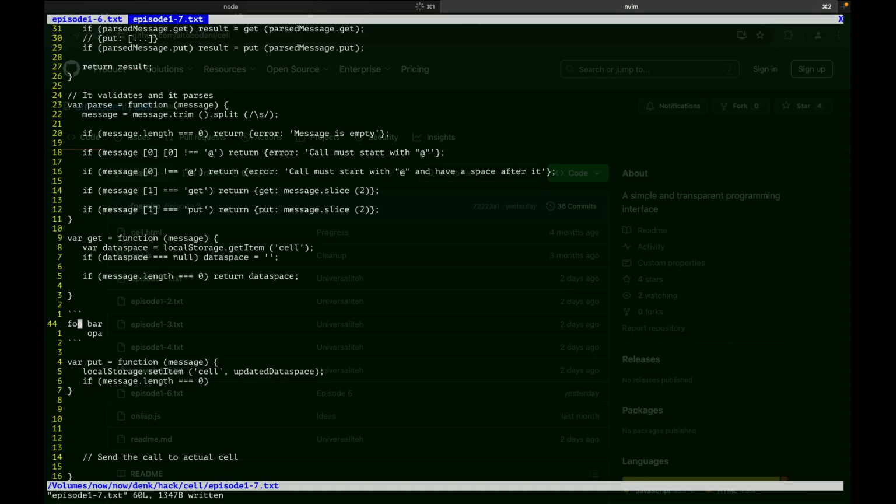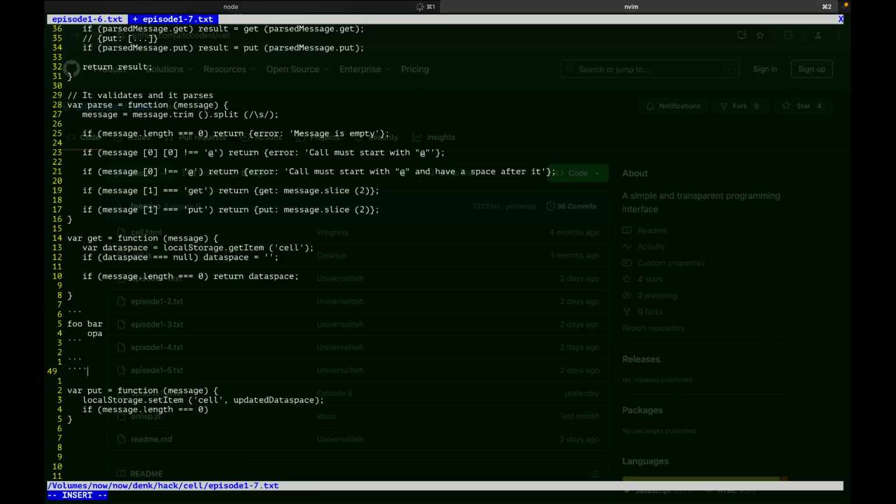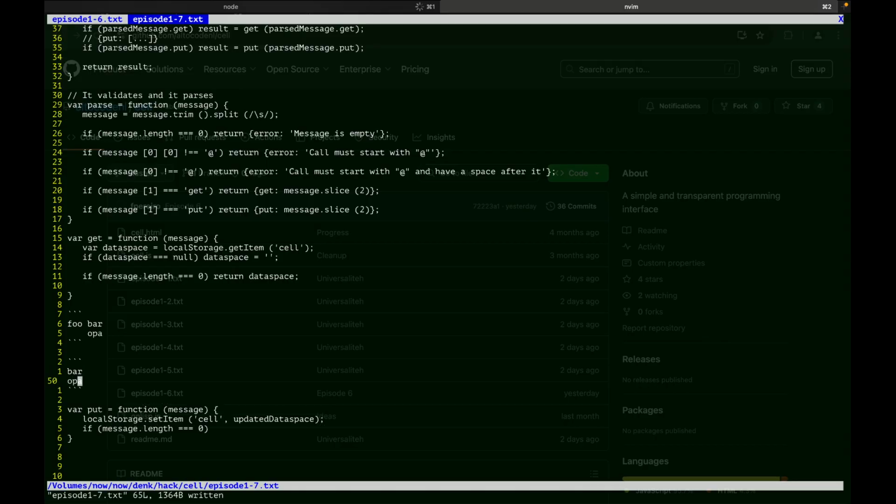Oh my god, I'm getting into deep trouble here, because if I'm, let's say, removing foo from here, what would be just getting this bar and this opa? I never thought of this. Good. It's okay to get into trouble, even though I'm recording myself. It's fine.